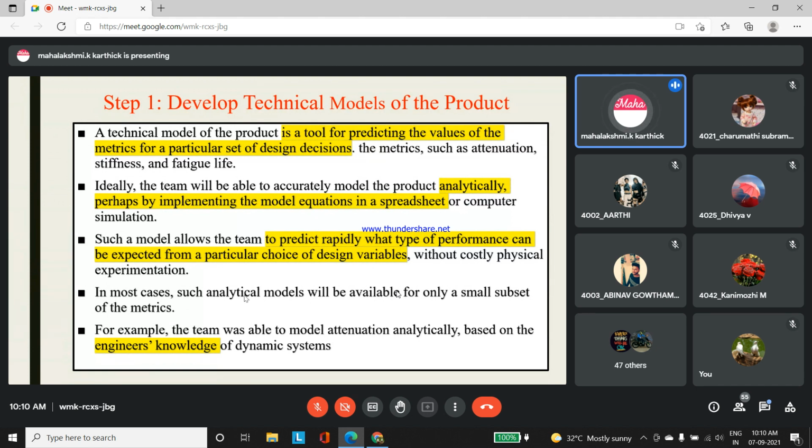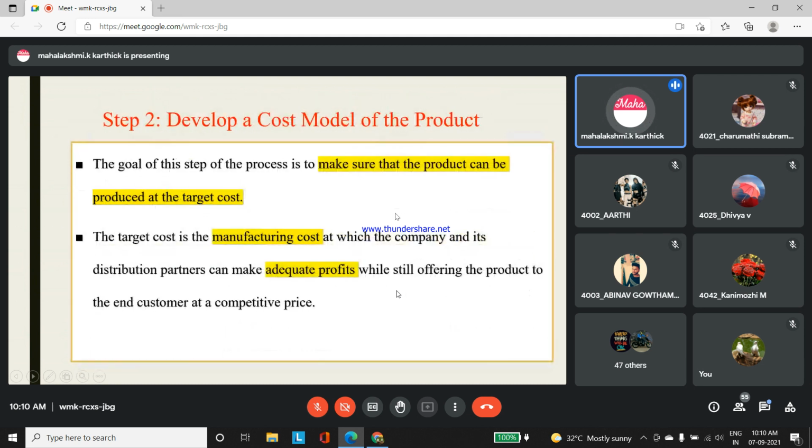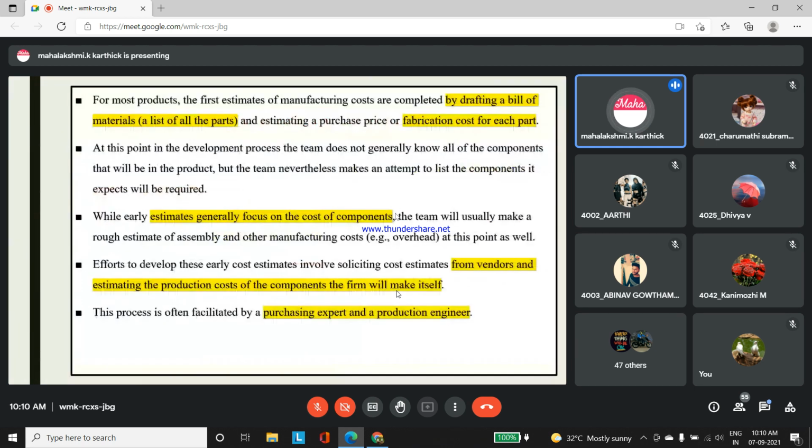When you start developing that technical model along with the engineer's knowledge, here in this step we form some dynamic system and run some analytical model from the product concept. Then we start estimating how much cost can be put on the product with the details collected in this step. The two persons who facilitate this step: the purchasing expert, who fully deals with the vendors and suppliers for the organization